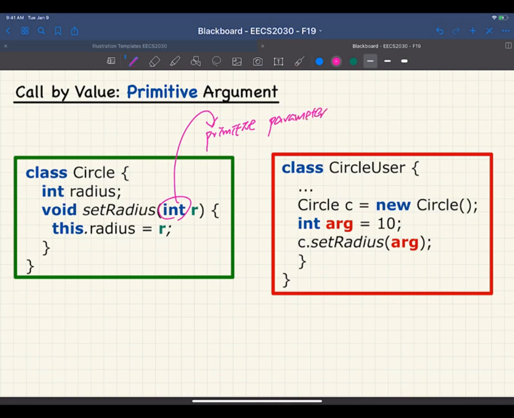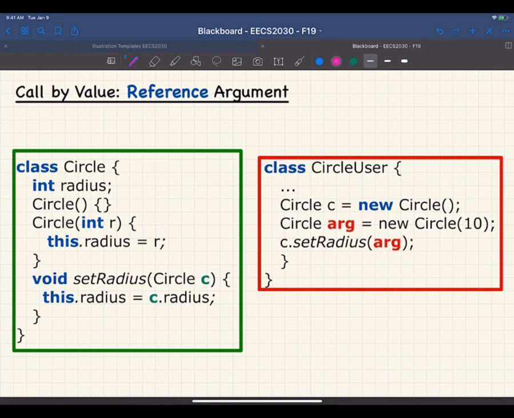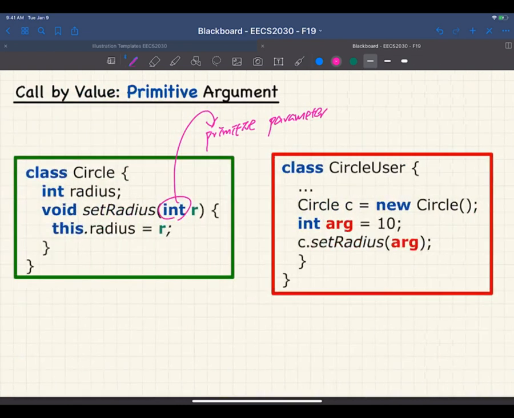On the other hand, if you see the other example over here, when we say setRadius over here, you can see it's a reference type. So now this one is a reference parameter. We're going to see how the two versions might work a little bit differently. That's something you want to pay attention to. Let's see the primitive value. The idea for both cases is the same. Every time you are trying to call, for example here,